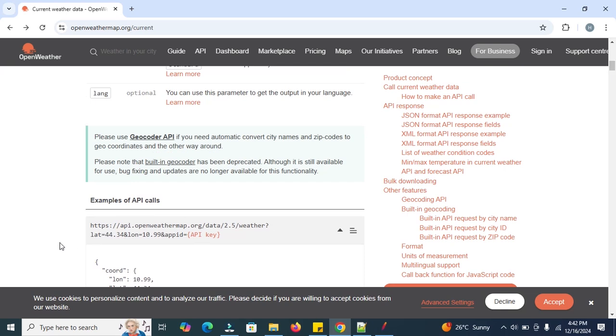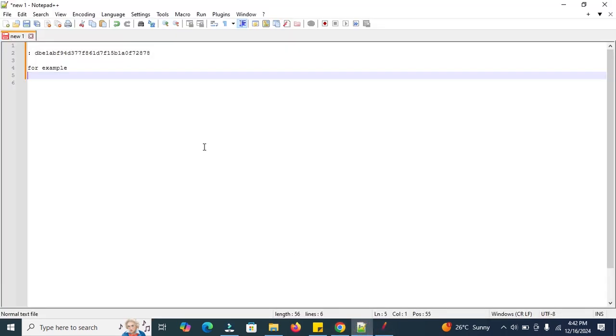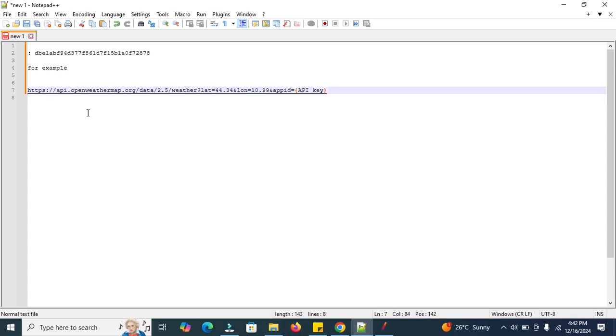Now, scroll down. This is the example of API calls. Let's copy this. First, understand this request. In this request, here is the protocol, which is HTTPS, and this is the URL. After this, slash data, and this is the path. In this path, you need to enter the latitude, longitude, and the app ID, which is a unique key. Now, using this example, open JMeter